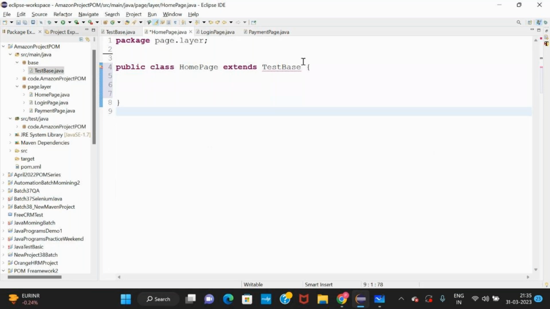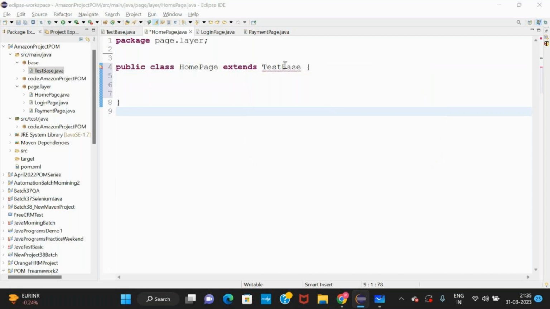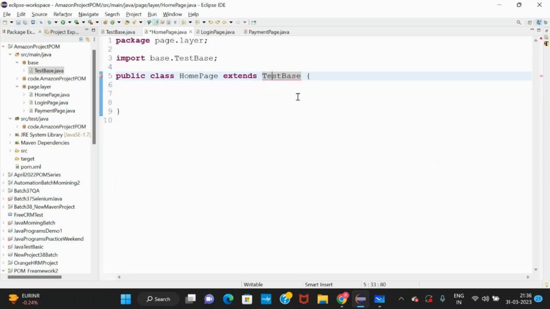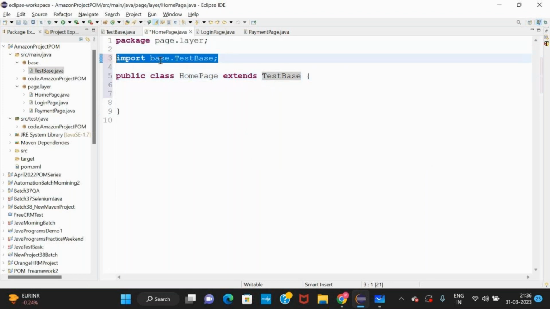Okay, we have to inform the compiler in advance. Now we have to write an import statement. Import statement means this test base is from the base package of the current project. See, just mouse over, you will get a suggestion. Just mouse over and import test base. See, you import test base from the base package, and test base is a class.